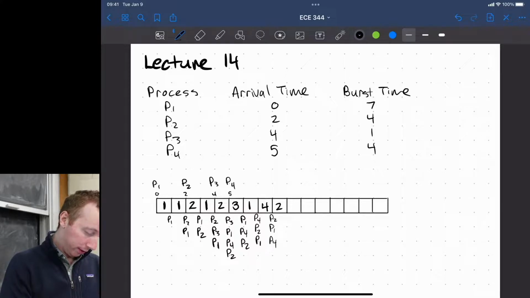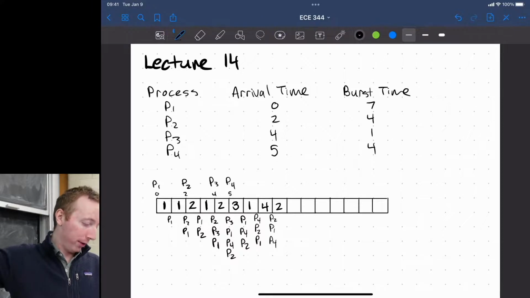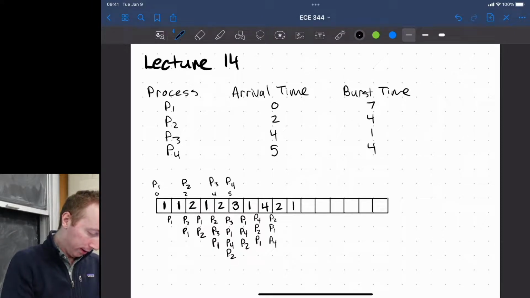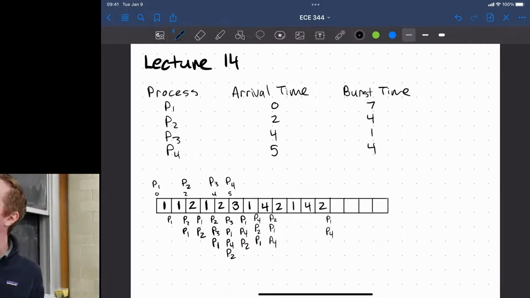So it's going to go 2. At this point, we always know it's going to go 1, 4, 2, 1, 4, 2, 1, 4, 2 until they're done. So 1, 4, 2, 1, 2, 3, 4. At this point, after this 1, 4, 2, process 2 is now done. So our queue would just look like process 1, then process 4, because process 2 is executed total. It's 4 time units, so it's done now.